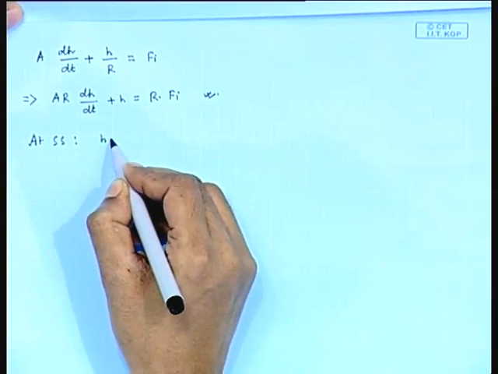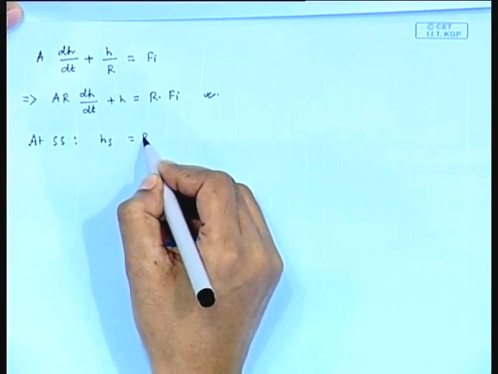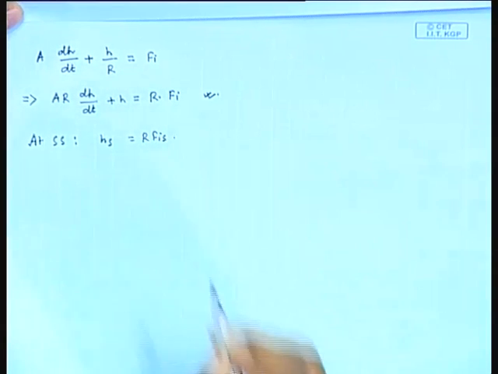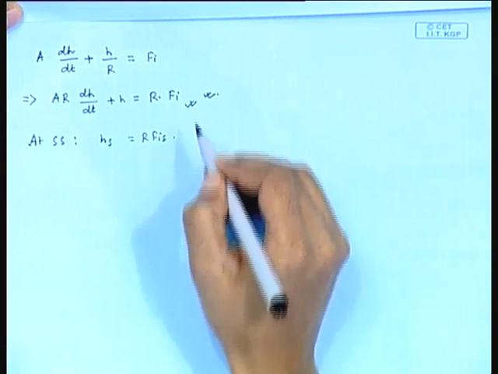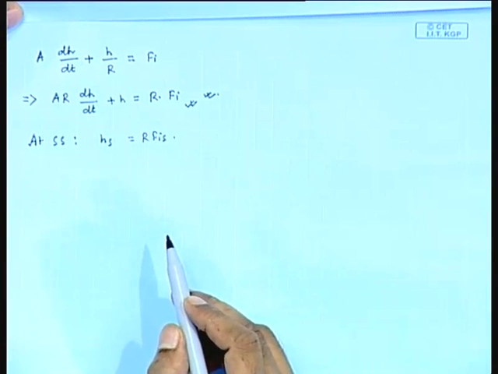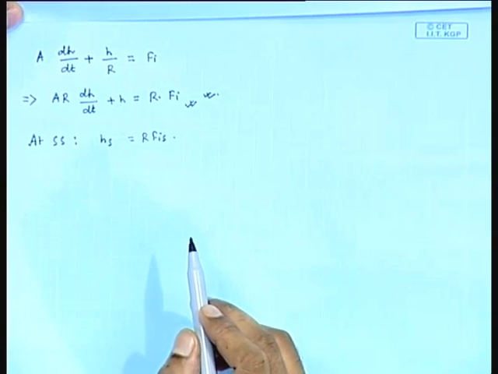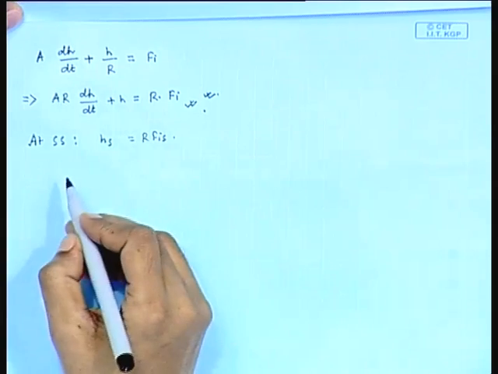It will be Hs equal to R Fis. At steady state condition, this modeling equation becomes Hs equal to R Fis. We are using suffix s to represent the steady state. Now, subtracting this steady state model from this modeling equation, we get